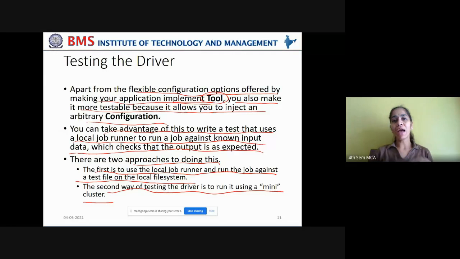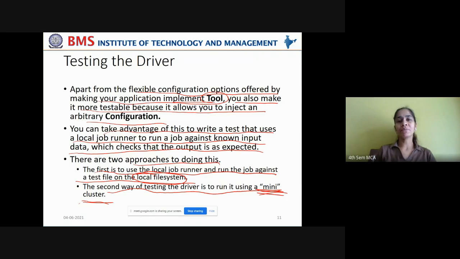This mini cluster will have some add-ons like Hadoop daemons, which will make a simple machine work as a mini cluster by making all the Hadoop daemons, name node, secondary name node, data node, job tracker, and task tracker, all these 5 daemons of Hadoop, run on a single machine. You're setting up a mini cluster and checking whether it is working fine or not, right? So it is different from checking it from a local system. Local system works in a pseudo distributed mode by taking the local file, but in a mini cluster, you're working